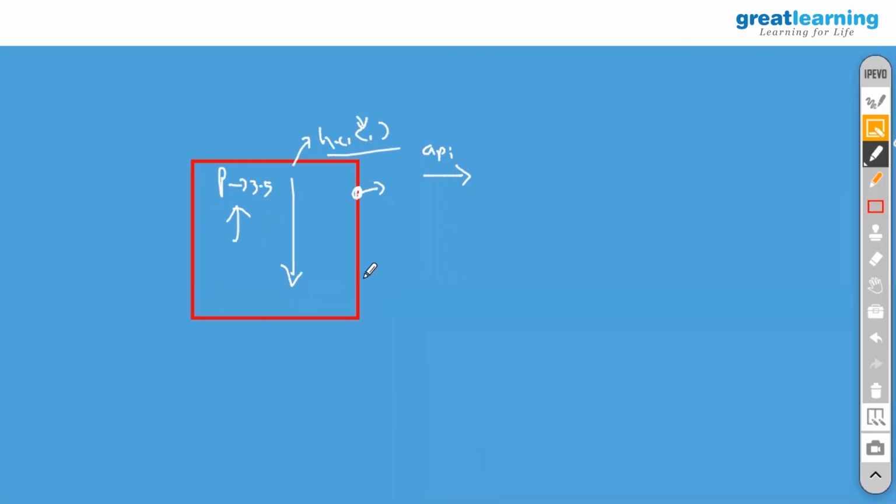Perfect. Yes, there are sometimes possibilities like this. I'll give you one example. The chatbot that I made, so I got one request from Great Learning saying that we want to use only TF, TensorFlow, to build a chatbot. We don't want to use Keras. So what I did is